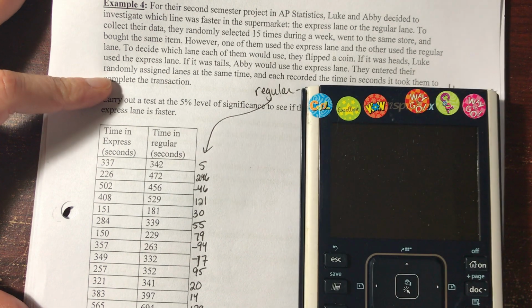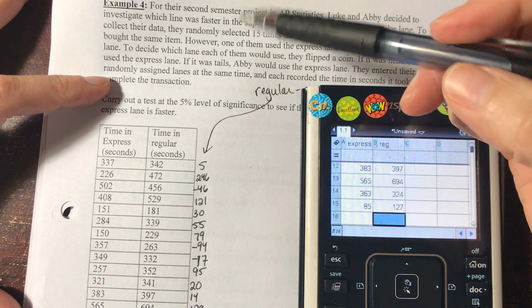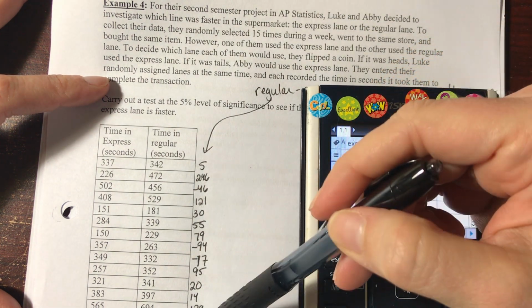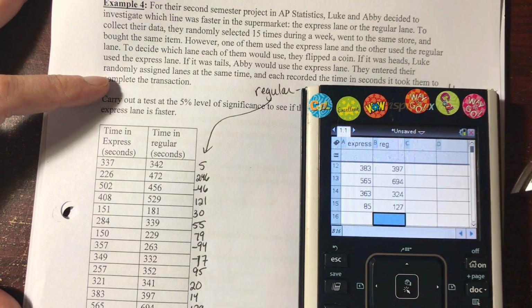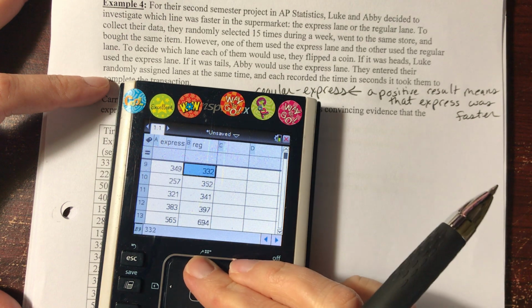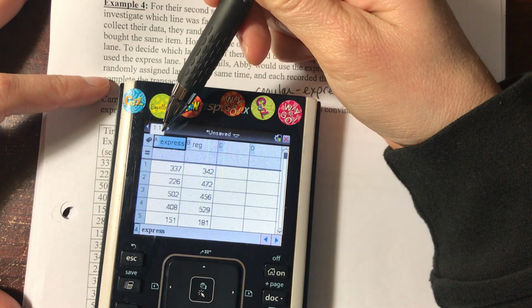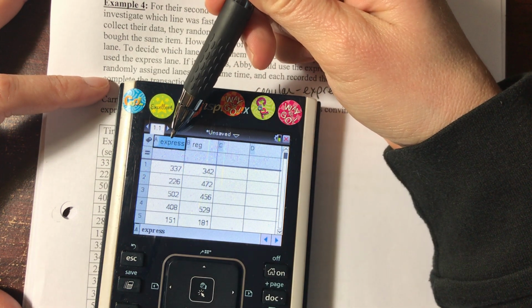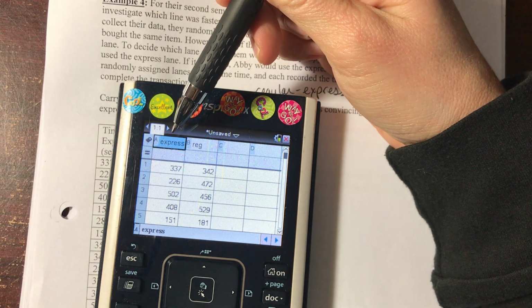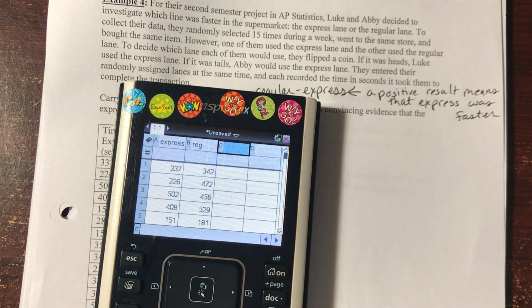But an important thing to remember is that that's annoying to do, because what we're going to eventually need is the average of all of the differences, and the standard deviation of all of the differences. So I just want to recap a skill that we've had before. I have already typed in my express and my regulars just to make the video a little quicker. Be careful when you're naming this. If you just try to call this EXP or EXPR, it's not going to let you because they are known as other commands within the calculator. So I had to type out the entire word express. So what I can do here is I can call this my differences. So if I call it DIFF,